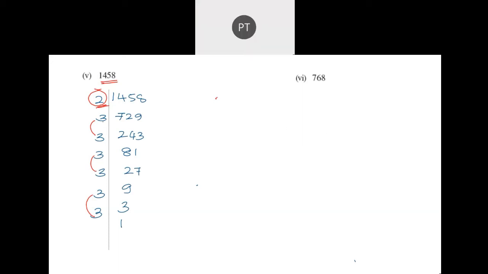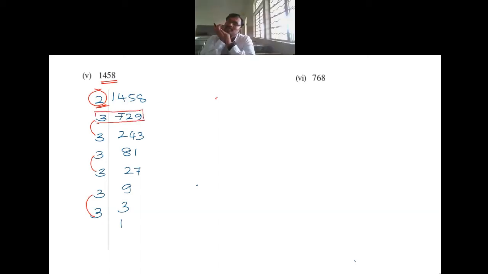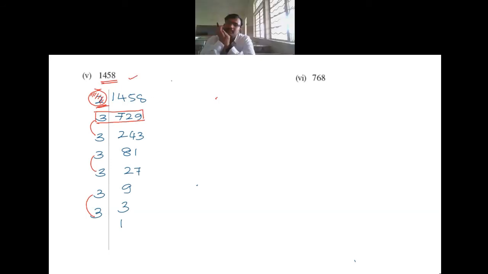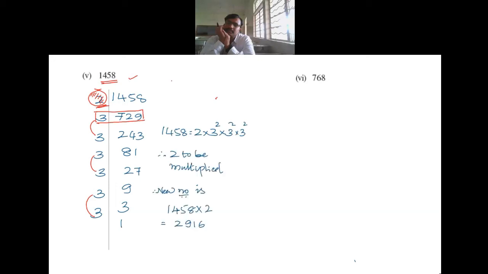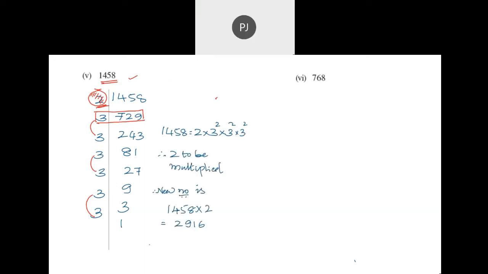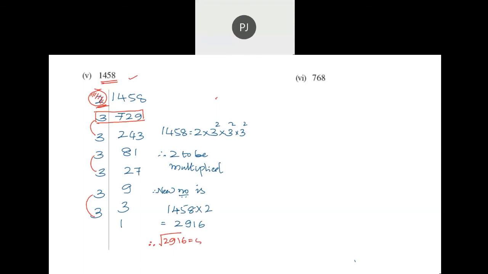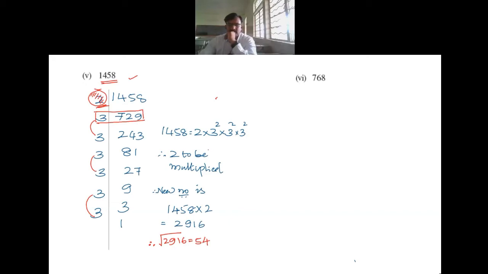It is not like that, sir. Look at the second step. We have started with 3. So in mind, it should run that 2 is not having a pair. Correct. This is how you have to guess. So we get 2916. At the end, root of 2916 is 54. 3 multiplied 3 times is 27, times 2 is 54, correct? 54.